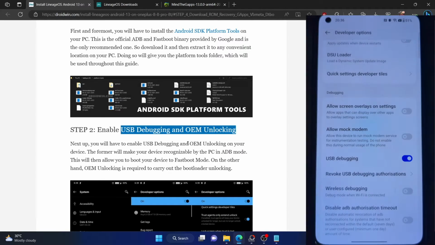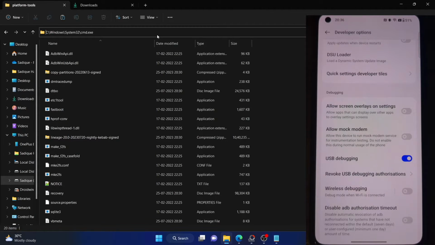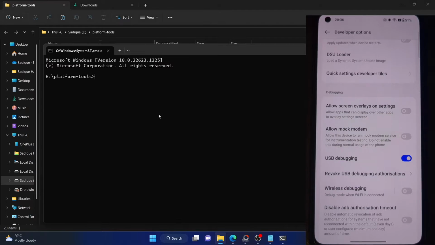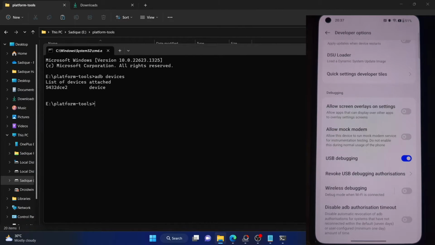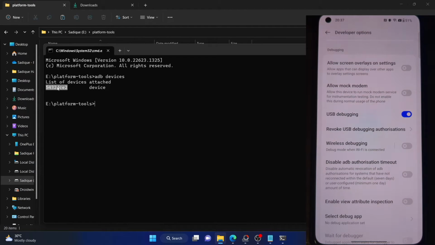Once that is done, let's now verify the debugging connection. So go to the platform tools folder, type in CMD in the address bar and hit enter. This will launch the command prompt window. Now type in adb devices and hit enter and make sure that you are getting a serial ID. If you are not getting any ID, then unplug and replug your phone from the PC, disable and re-enable USB debugging, tap on revoke USB debugging, use the official cable that came with your phone and use the USB 2.0 port on your PC. So carry out these USB tweaks and make sure that you are getting this ID.